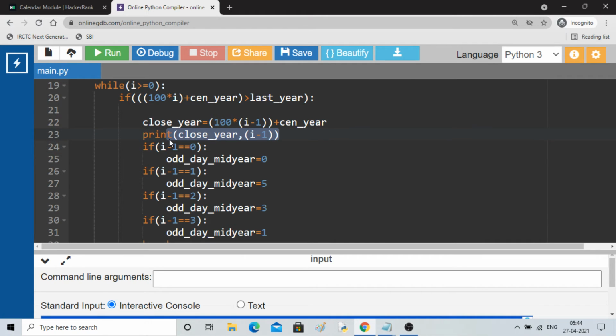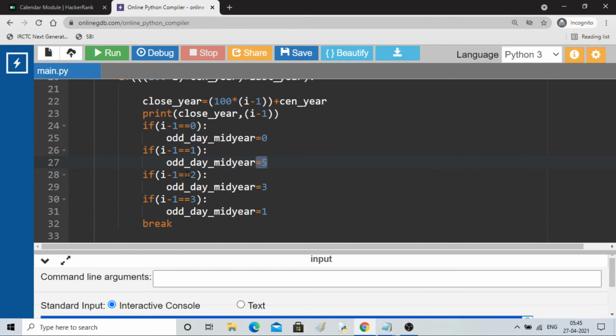Along with that we will be getting odd days here, which I'm calling odd day mid year. If i minus 1 is equal to 0, you'll have 0 odd days. If it is 1, meaning one time it has run, then 5 will be the mid odd days. If it is 2, then the mid year odd days will be 3, and if it is 3, the mid year odd days is 1, and then it will quickly break.